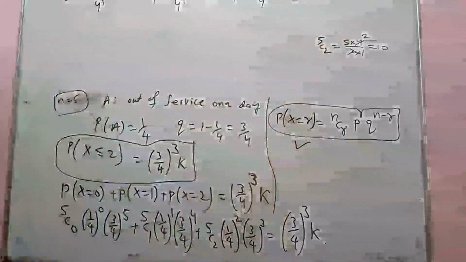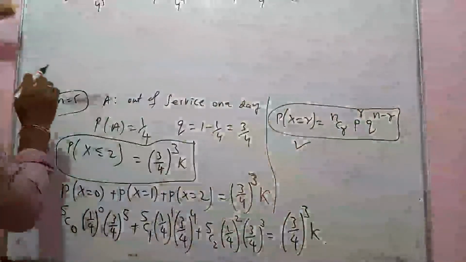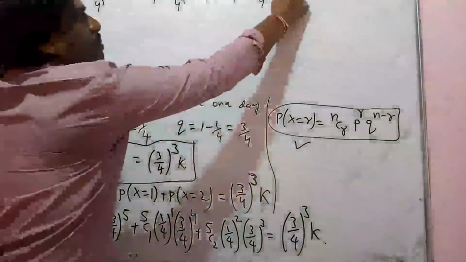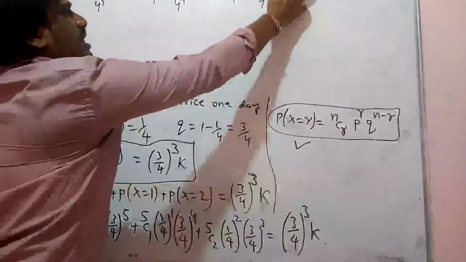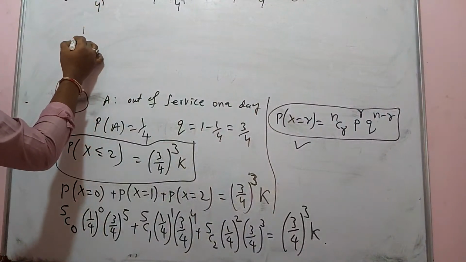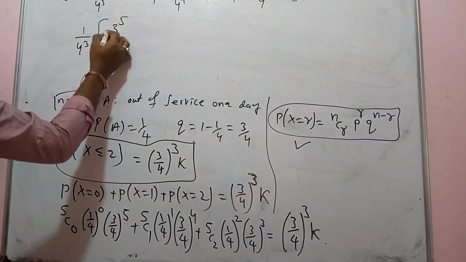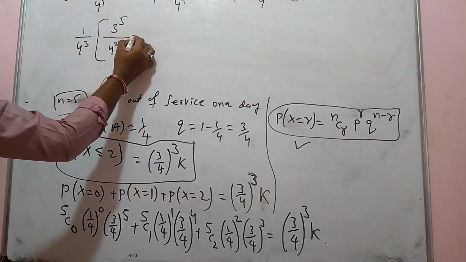So we have to find the value of k here. Let us see how to find the k value. You can see 4/3 is there. So I think I'll take 1/4 cube common. That is the easiest way I feel. So 3 power 5 will be the same as it is, and since 4 cube I took common, 4 square will be inside.